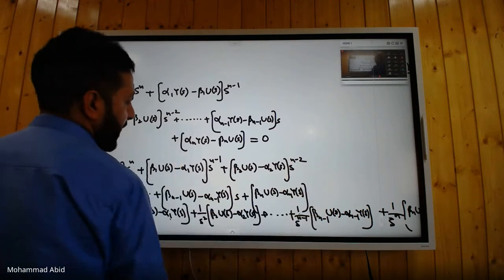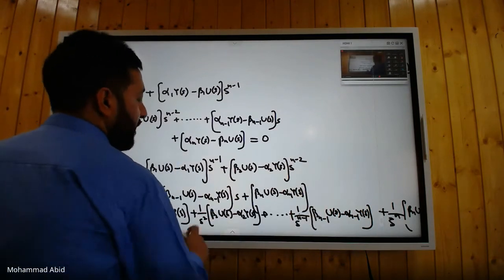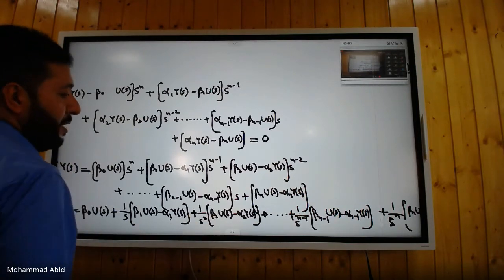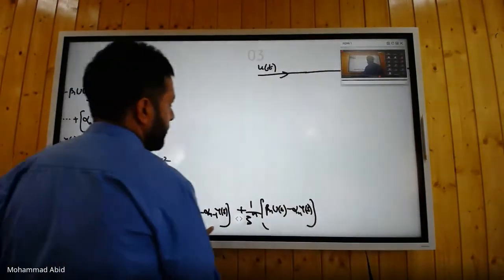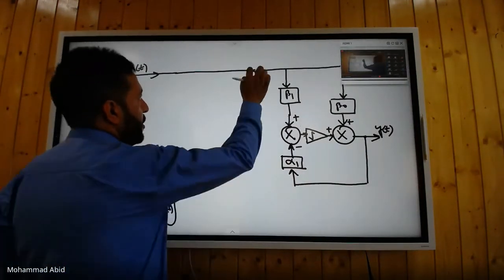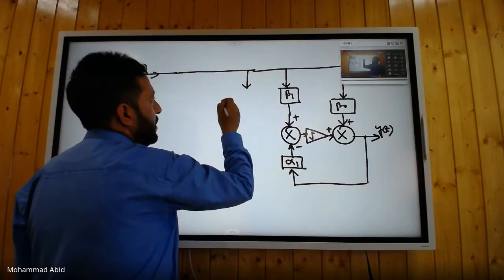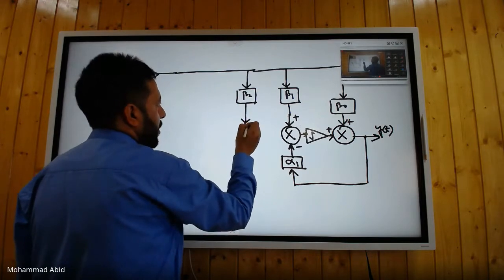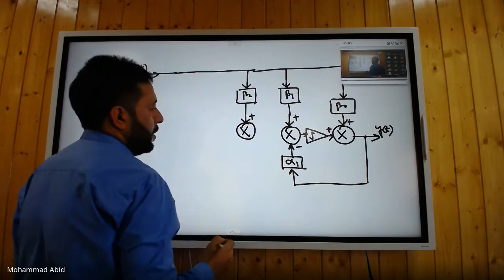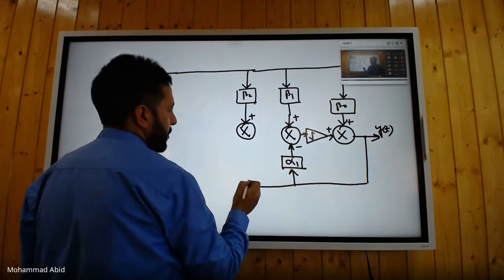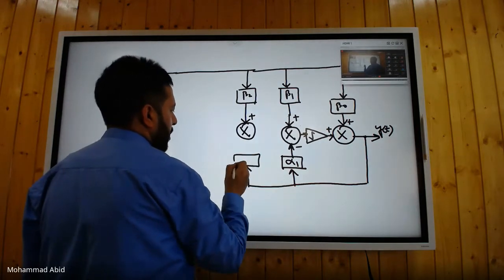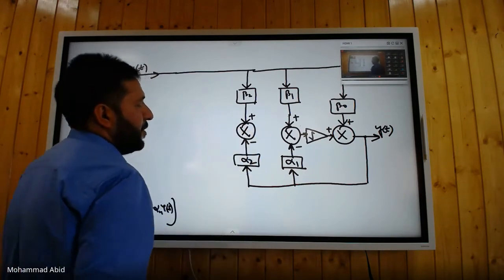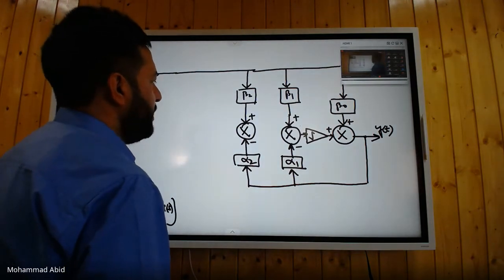Similarly, I have so many terms, like n terms like this. Let's write the second term as well. This is beta 2 ut minus alpha 2 yt multiplied by 1/s square, isn't it? So you have got beta 2 here. It's to be added to this. This is alpha 2. So this is minus alpha 2 yt, beta 2 ut minus alpha 2 yt, then 2